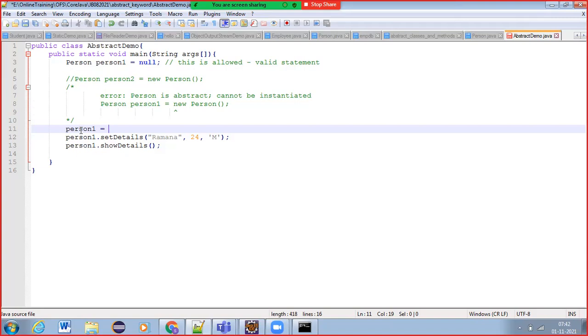Whose object can we place here? For person, whatever subclasses you will be writing, those subclass objects you can instantiate and place their reference in person one. So in person one, you can write new.